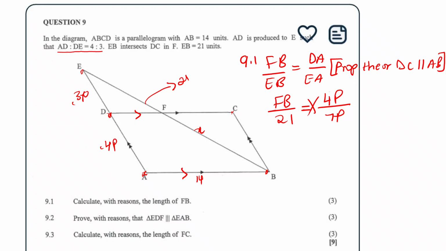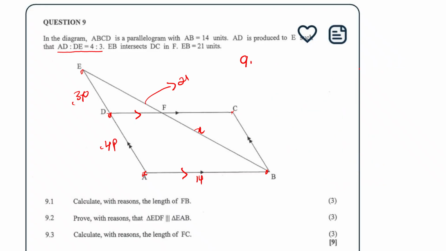Now we can cross multiply, and FB is equal to 4P multiplied by 21 divided by 7P. Therefore FB is equal to 12 units. Very good. 9.2: prove with reasons that triangle